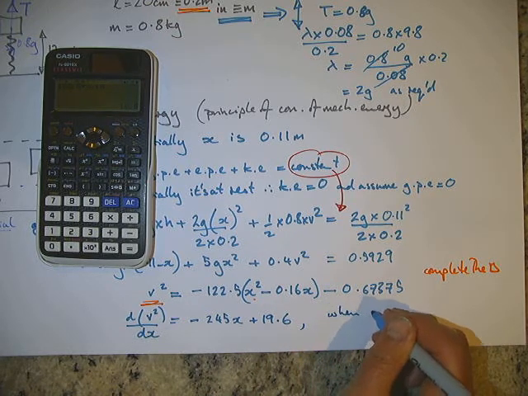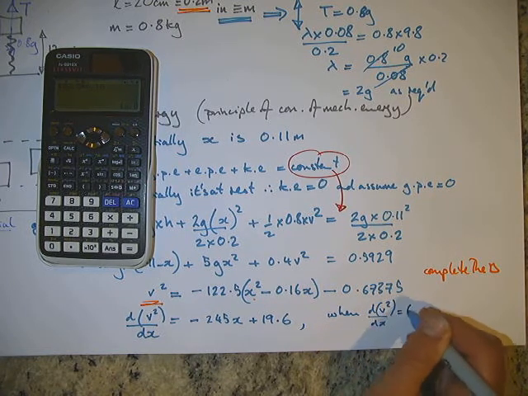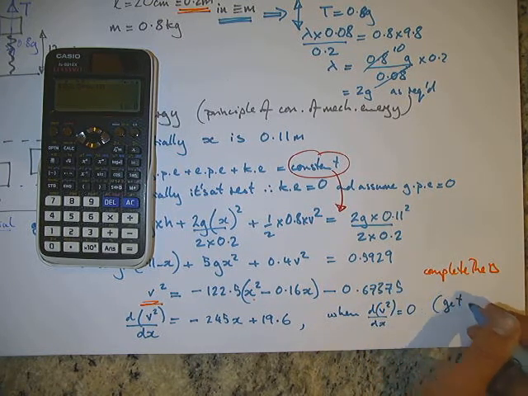When dv squared by dx is 0, we get a max,